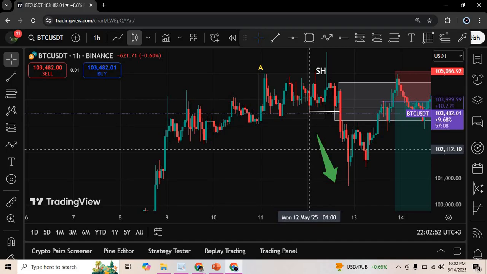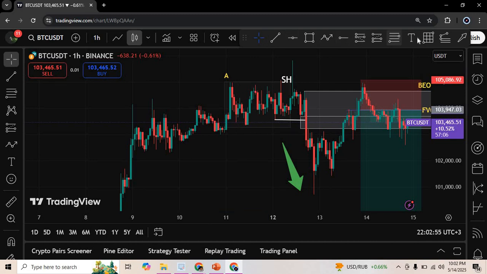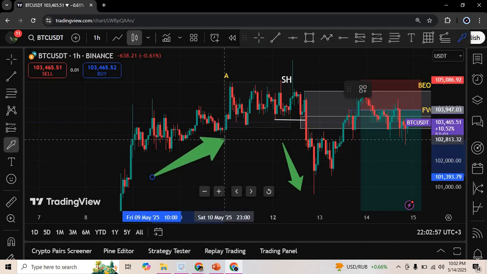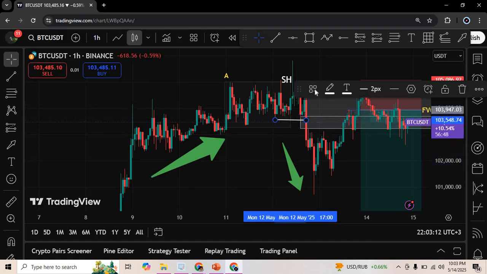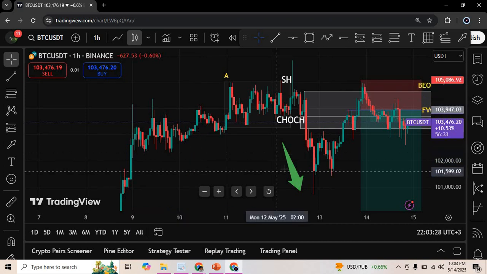But yeah, Slide is correct. It's a change of character. Remember, this was an uptrend. And it defined an uptrend as a change of character, what you call a market shift. The point is from being an uptrend to a downtrend, or from a downtrend to an uptrend. So in this case, it's a change of character. Remember, this term is what we have agreed on in this class. Some videos will call it a break of character, but in this class, we agreed to call it a change of character or a market structure shift.